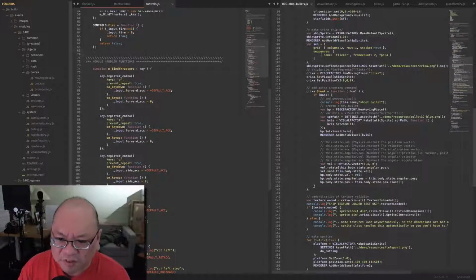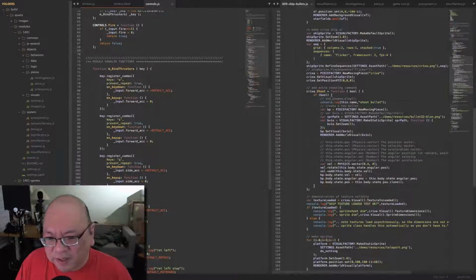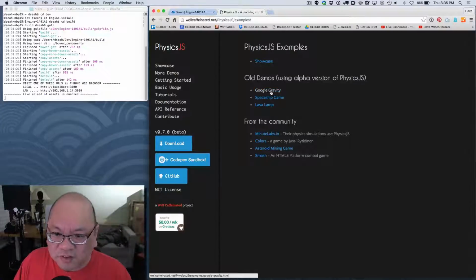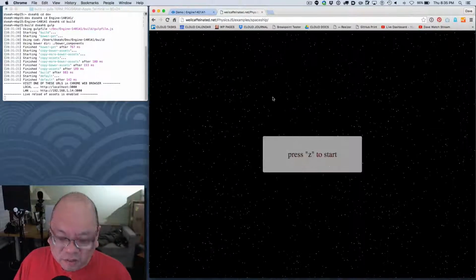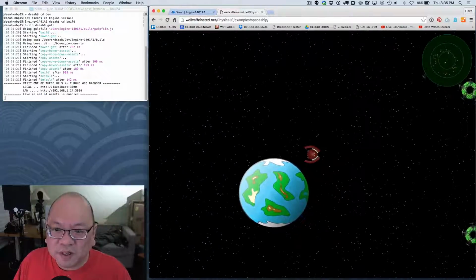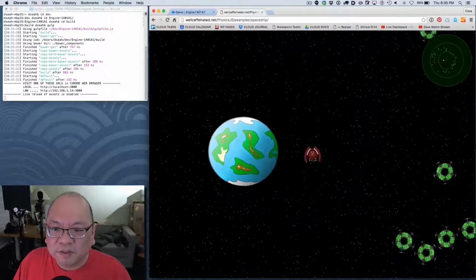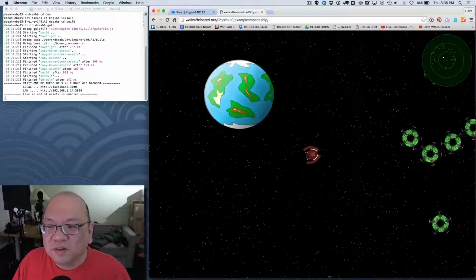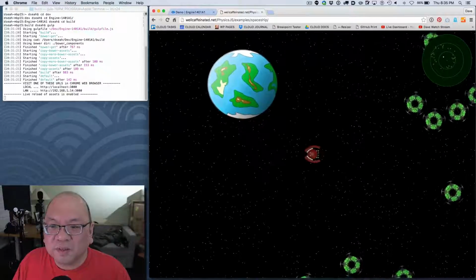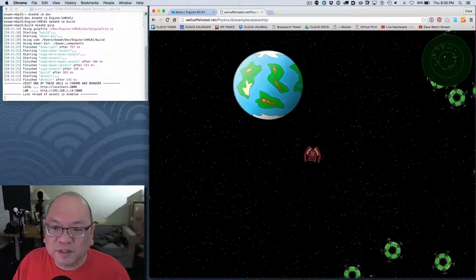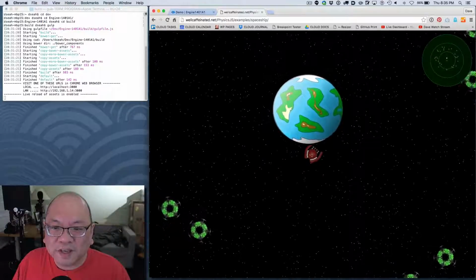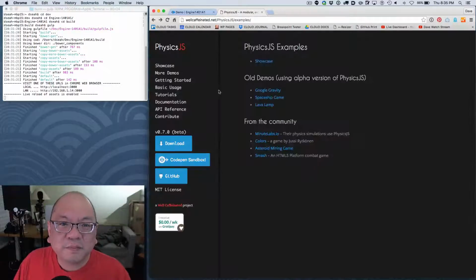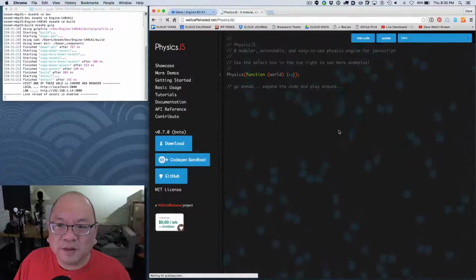The interesting thing about this was the physics.js library doesn't actually tell you to do things that way. If we look at the physics.js library website, you can see their space game kind of has something similar going on. I'm not sure if this is how this works. Can I shoot? It's kind of a similar space idea. They don't have a moving star field or a lot of action going on. I guess there's gravity. But if we go back to their main screen,